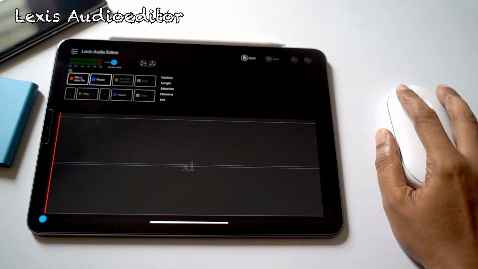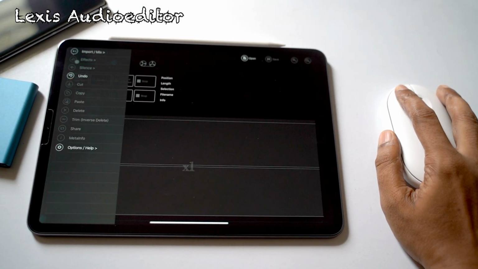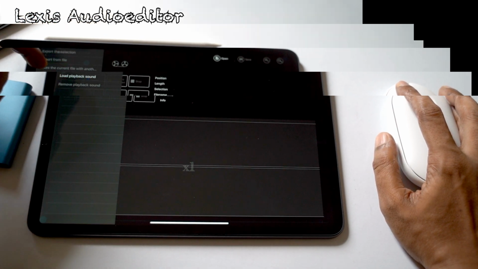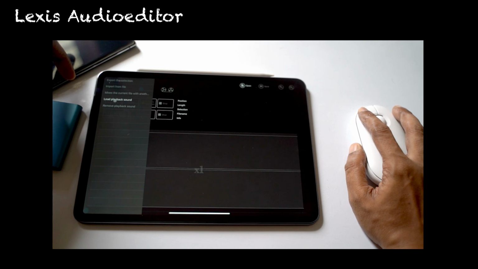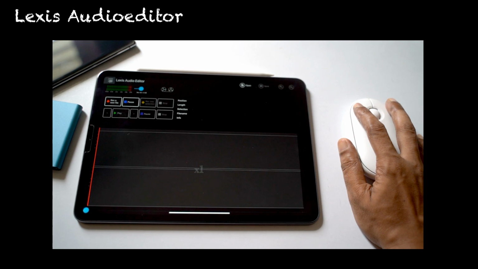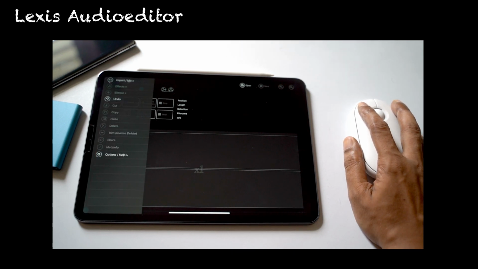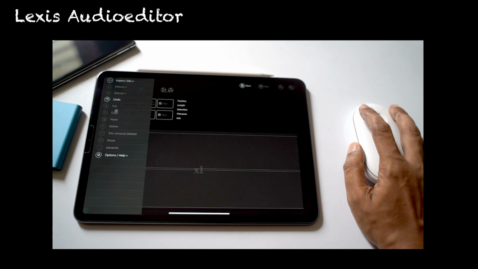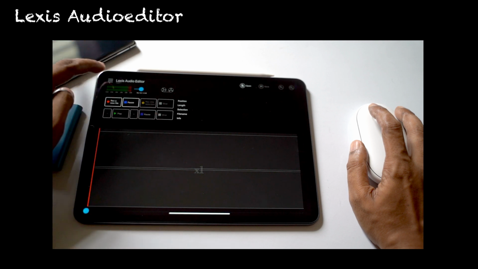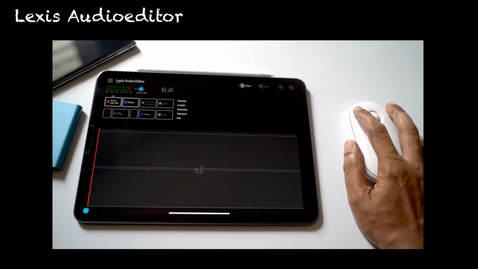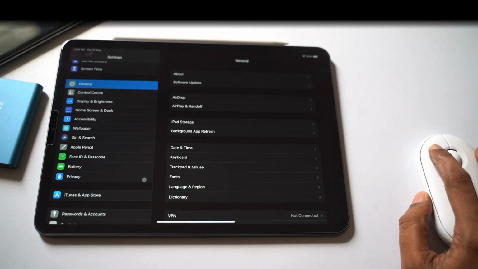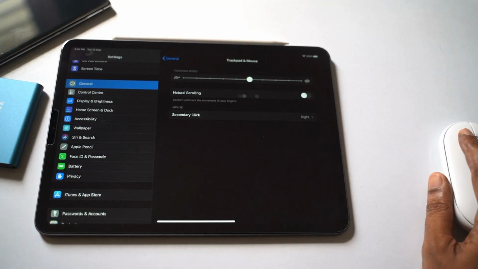Now one more application that I regularly use is the Lexis Audio Editor. This application is really strange. The mouse cursor helps in inputting or activating buttons almost all throughout the interface, but once you go into the options menu or the menu button, and under the sub menu, whatever settings are there, you just cannot click on any of them using the mouse. Even though the touch interface works fine, somehow the left click of a mouse doesn't activate anything. I don't know the reason behind this, but I feel maybe this audio editor is kind of outdated and needs to upgrade the APIs to support mouse support inside the application.